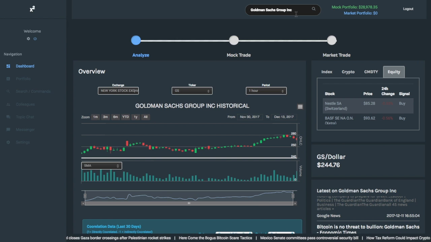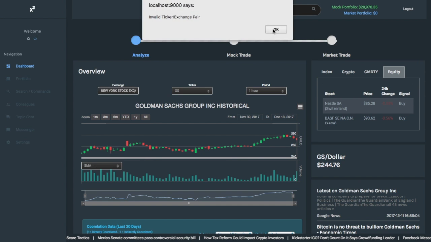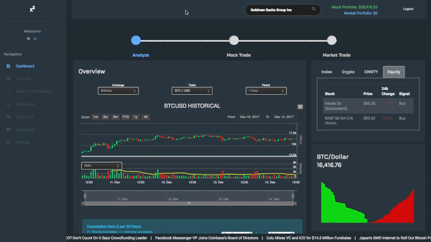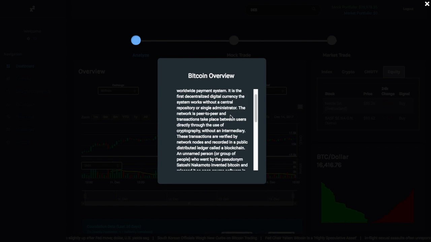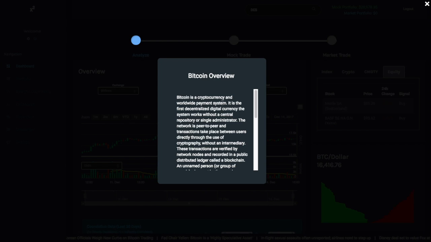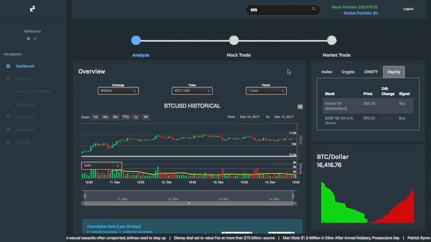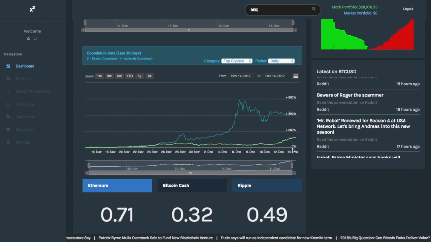Furthermore, we've added commands. So for example, let's say that I'm on the Bitfinex exchange and I'm looking at Bitcoin. Once I pull in this pricing data, I can also hit the command DES. If you have a Bloomberg terminal, you're probably familiar with that. You can hit enter and actually get a general overview. And we have over 1,000 cryptocurrencies with coverage in similar description formats, so if you aren't familiar with a particular cryptocurrency or a new one comes out, you can quickly get the information you need, as well as analyze the price and, of course, the correlation data.